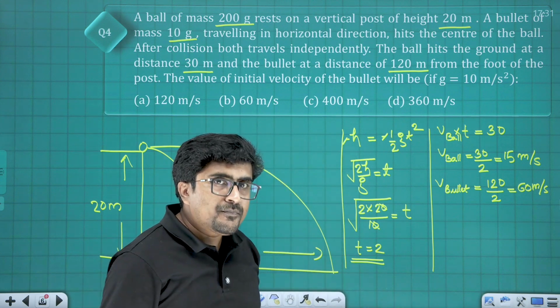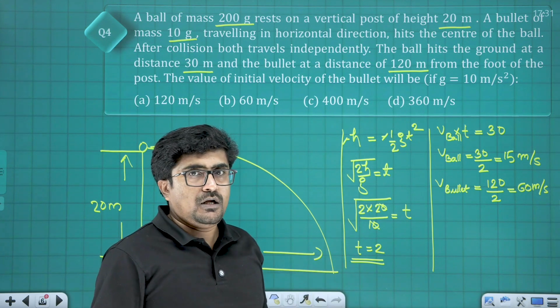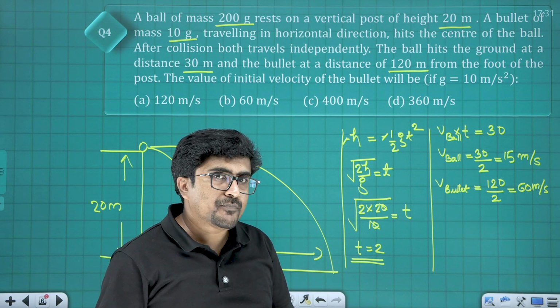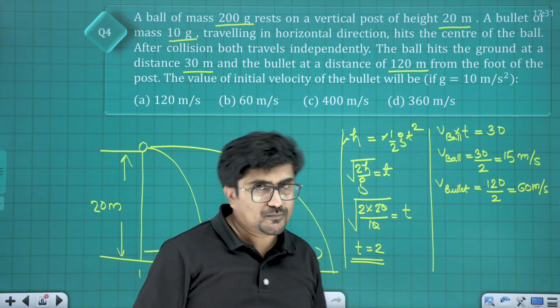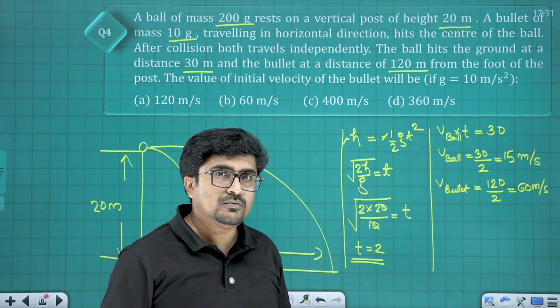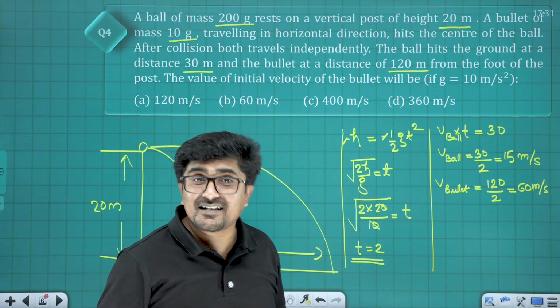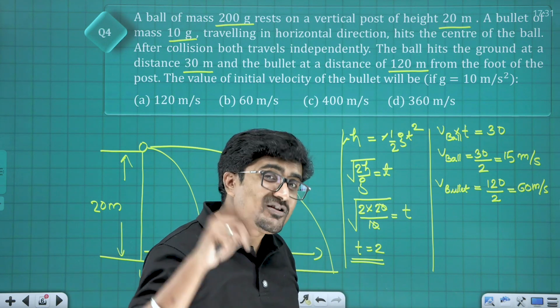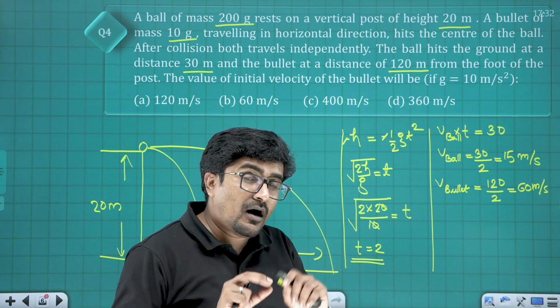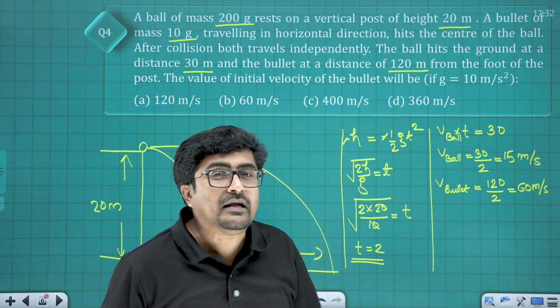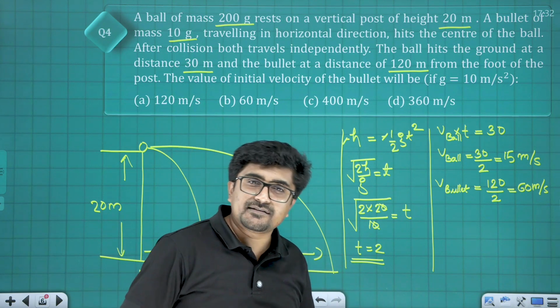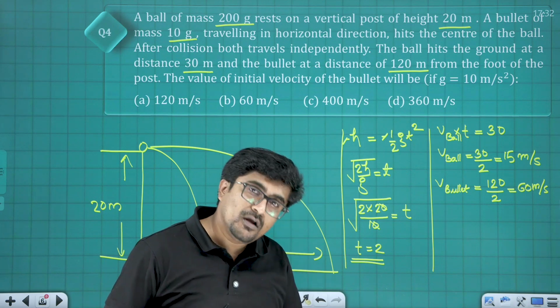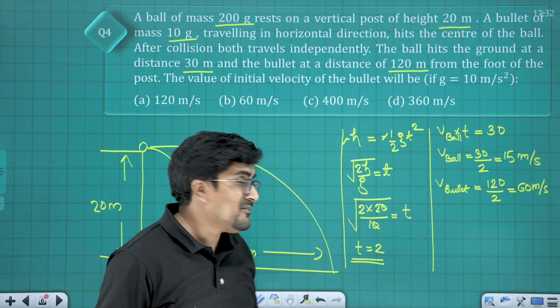So now we know after collision between the bullet and the ball, what the final velocities are. Now what we need to do? Law of conservation of linear momentum, because that is applicable in case of elastic as well as inelastic collision. So that is what I said in the beginning. They are not at all giving any hint regarding whether this is elastic or inelastic collision. So they act smart, we are better. Fine.